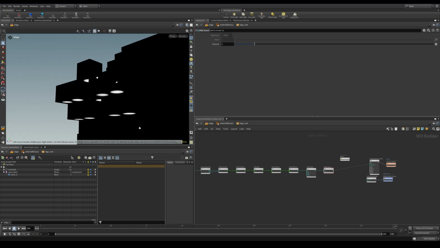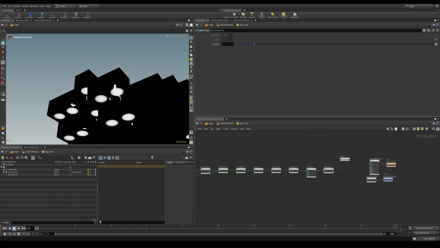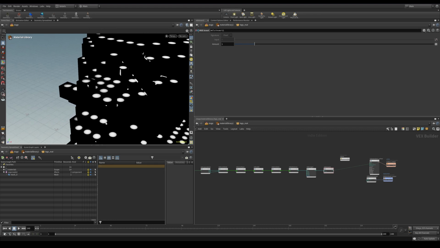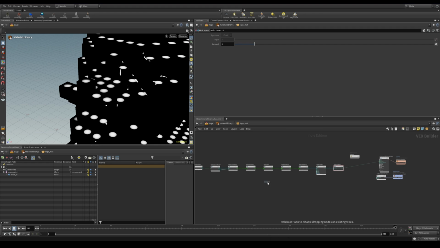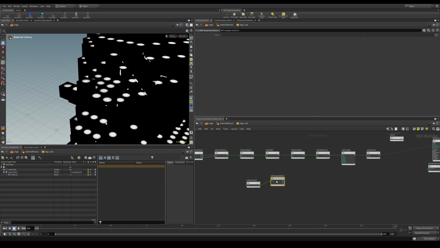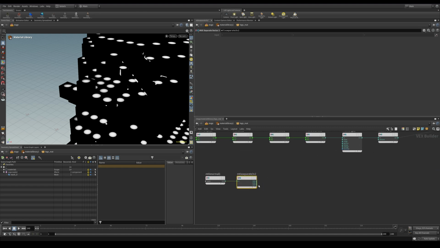We also have these studs created at the bottom of every tile, and we need to somehow create a mask so we can only have these studs on any of the faces facing up in positive y. Well, we can use the normals for that. So I'm going to read in the normals of the object by using the normal node. I can separate the vector since I need access to only the component facing in the up direction, which is going to be the y-axis.